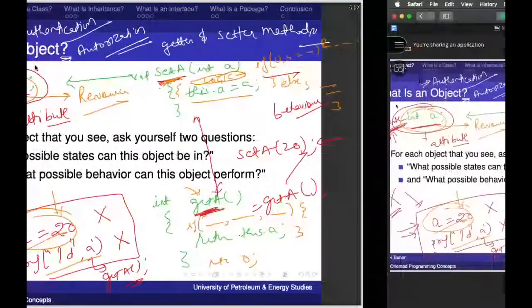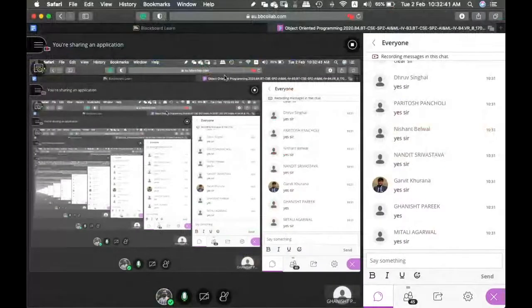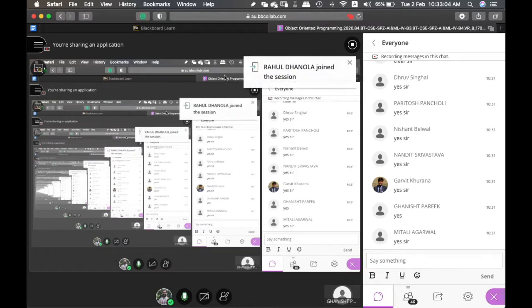Another good example to understand this. Again, the best example is we ourselves. We are also a real world entity, an object. I have some variables in my mind. Whatever I'm telling you was in my mind. Through my behavior of talking, I'm delivering it to you. And through your behavior of listening to me, you are getting it as input into your mind. Whatever I'm saying is being stored somewhere in your mind, temporarily or permanently, that's a different part of the story.